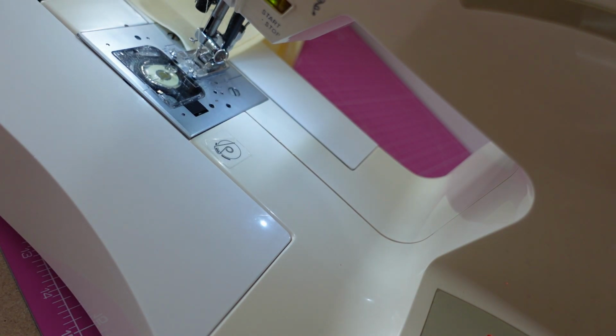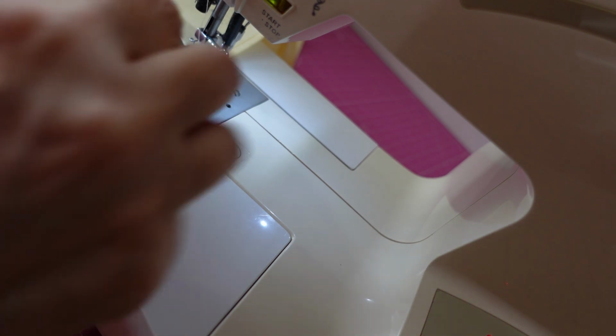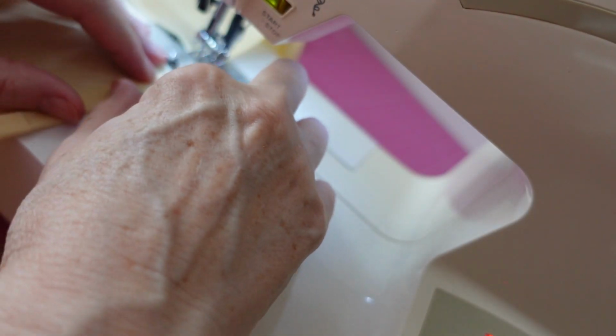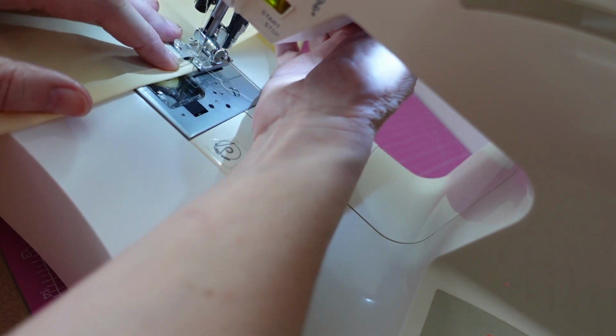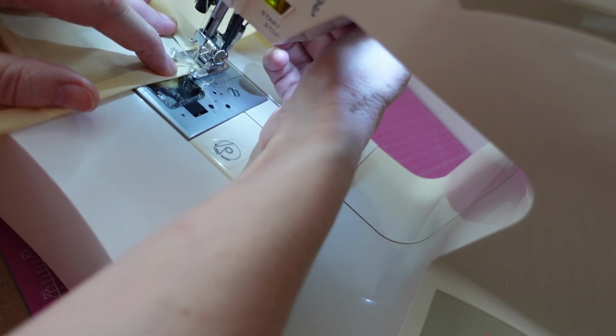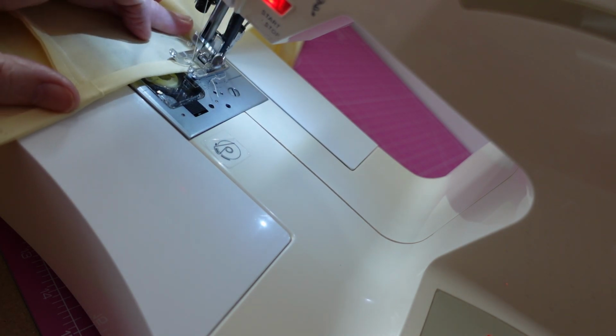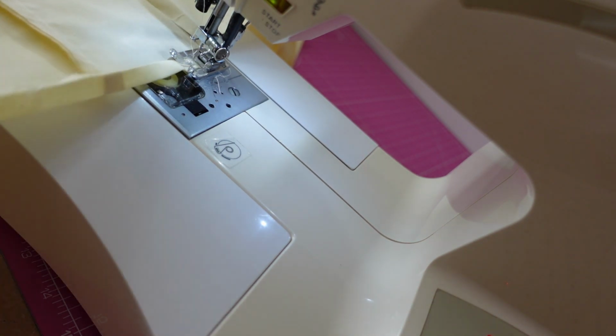As you know, this is just my mock-up. The larger size, the one I'm filming with all the pins and the table stuff, is the actual 2-year-old one. This would be for the 4-year-old, but it's just a mock-up, so that I can make sure I've got it in the right size and everything. So when you come along here, you'll see that there's a line, there's a French seam there. That's just because...